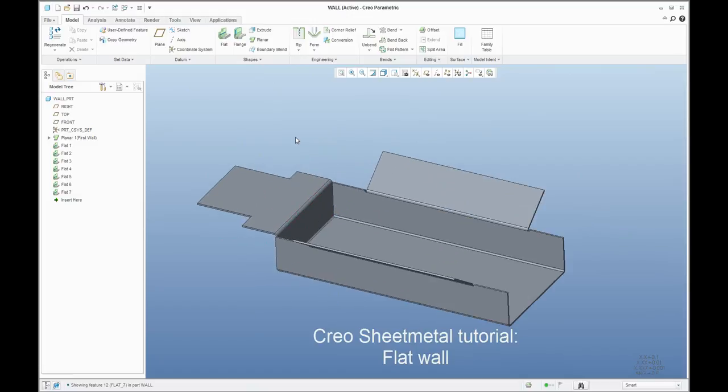So here is some explanation for you of how to create and use the flat wall feature with Creo Parametric 3.0. I hope that you like it, and stay tuned, and in the next video tutorial I'd like to focus on the next sheet metal feature. It is flange. Thank you one more time, and